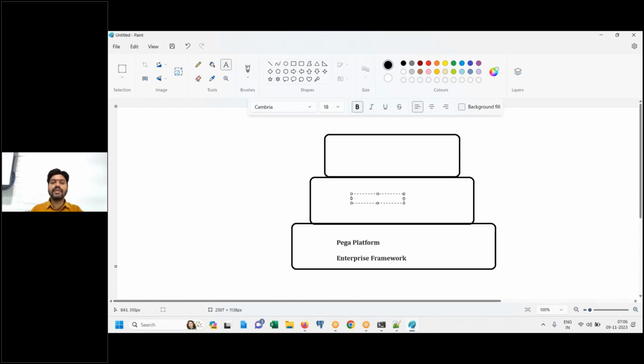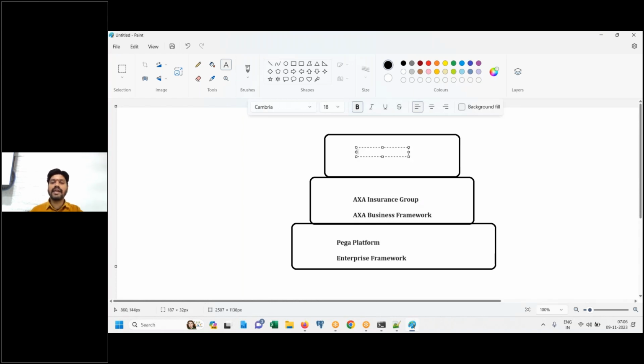And what about this one? AXA Insurance Group. This is the AXA business related framework. This is common. This can be used by AXA, and this can be used by another bank or another oil and gas company. Anyone can use the Pega platform, but we have used it for AXA. So that is the business framework.